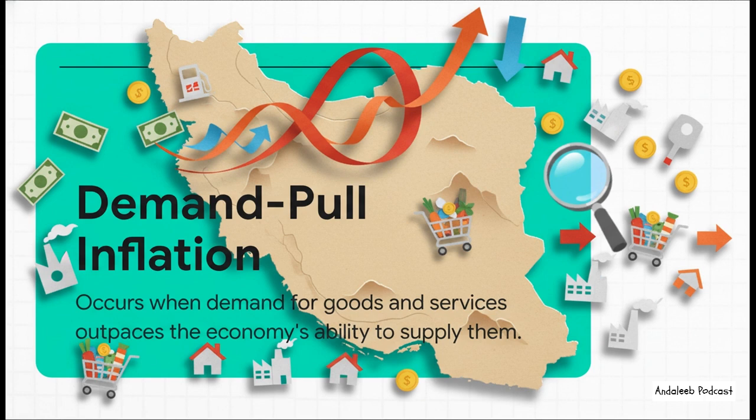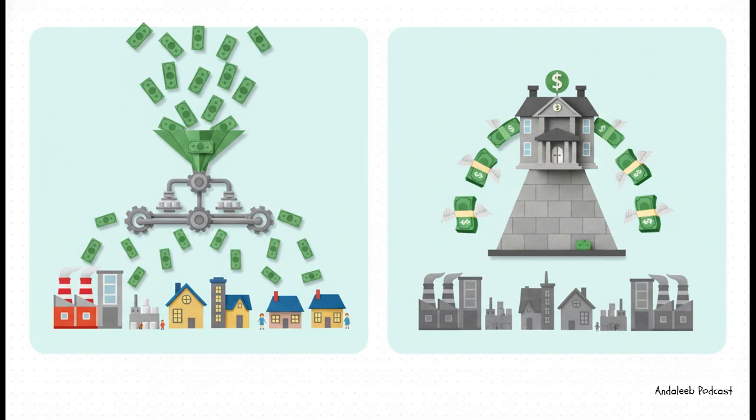But now, let's see how this simple idea gets complicated in the real world. Okay, now this is where it gets really interesting. In a, let's say, healthy economy with more equality, when new money enters the system, it tends to spread out. People use it to buy things, which tells businesses, hey, make more stuff. But in a really unequal economy, that new cash gets concentrated right at the top. It doesn't fuel production because most people still can't afford to buy more. Instead, it just fuels speculation, buying up assets like property or cars, not to use them, but just to flip them for a higher price later.